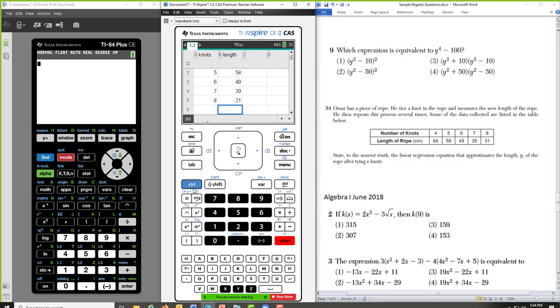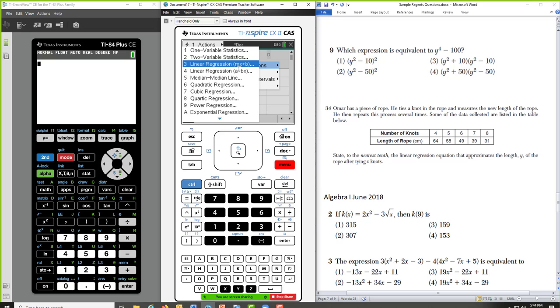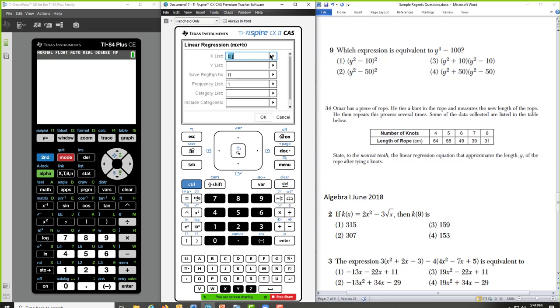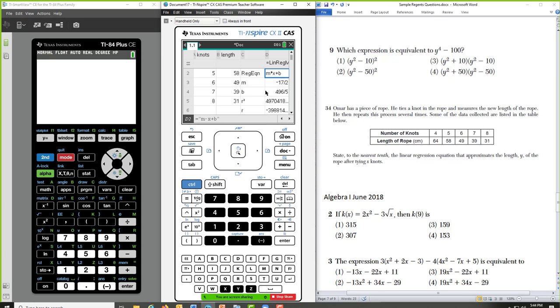I could then, right here, do menu, choose statistics, stat calculation, mx plus b. I'm going to put in the knots, the length. It already has F1 being stored, and I will see the same results right in here. I could do it on a calculator page as well if needed.